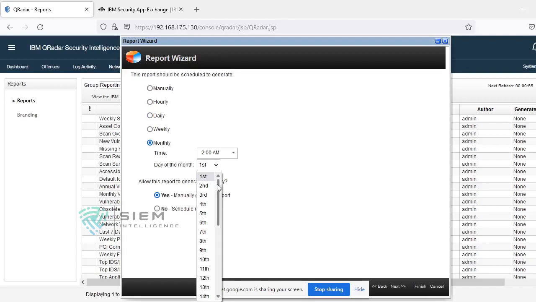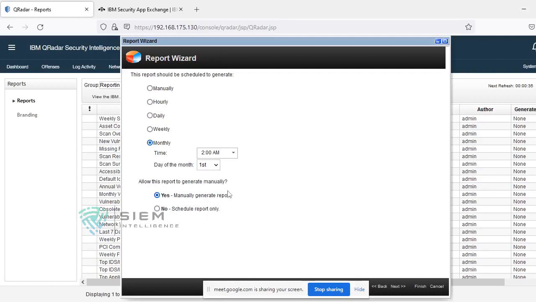Monthly, day of the first month, second, third, fourth, or day of every month, up to the 30th, 31st. So you can select. If you are selecting 1st of Jan, it means every 1st of Jan at 2 a.m. it will be created. But it is also giving an option called allow this report to generate manually.